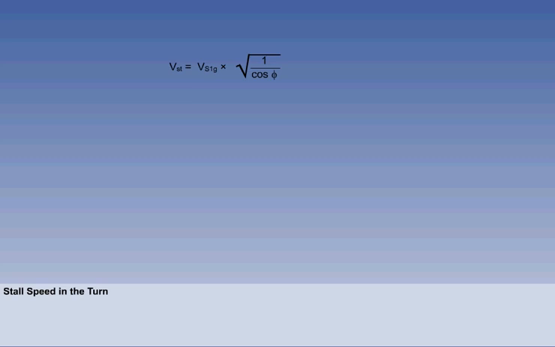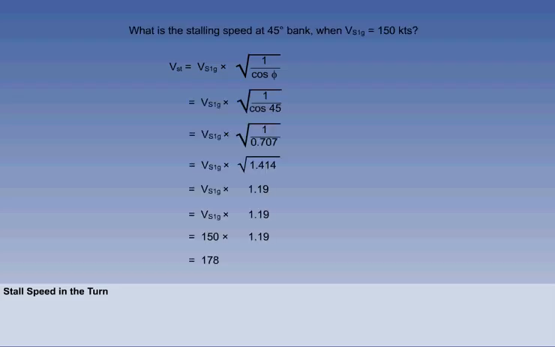Using the following formula, it is possible to calculate stalling speed as a function of bank angle or load factor. The turning stall speed will equal the 1g stall speed multiplied by the square root of 1 over the cosine of the bank angle. As an example, if the 1g stalling speed is 150 knots, what would be the stalling speed at 45 degrees of bank? The working on the screen shows the result to be